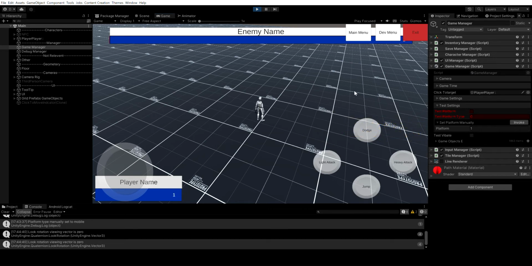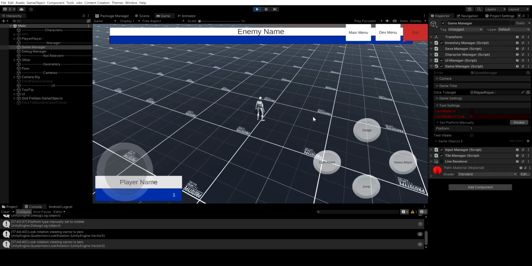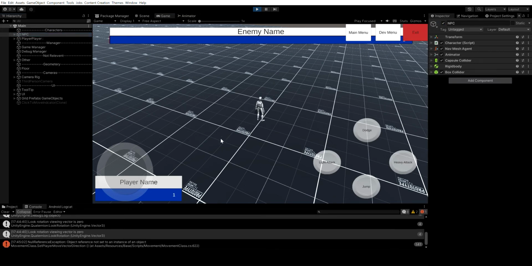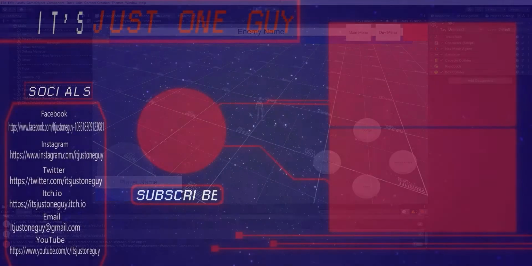So that's what I've been up to, and hopefully next week I'll get all these problems fixed. I do got an AI that does work for the most part. He doesn't attack yet, but he does follow the player around. I wanted to switch the pathfinding system to something more complicated because I do want climbing to be in my games, and it is hard to get the AI to jump over stuff. Unity's AI is good for what it's designed to do, but when you try to get it to do something that it isn't designed to do, you have to do a bunch of workarounds, which is what I hate. So I did see a better pathfinding system, but for now I'm just going to have to use the Unity AI system.